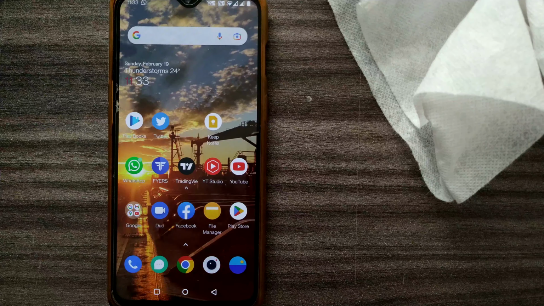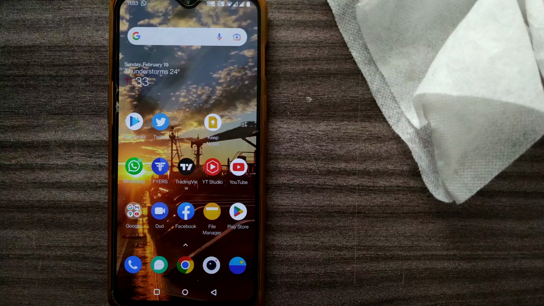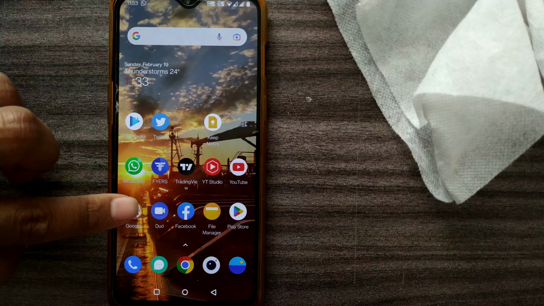Well friends, we'll see here how to convert an image into PDF file in your Android phone. Well friends, the easiest way to convert your image into PDF file in your mobile is that you all must be having that Google Photos app. Well, it's a default free app by Google. So just open it up and